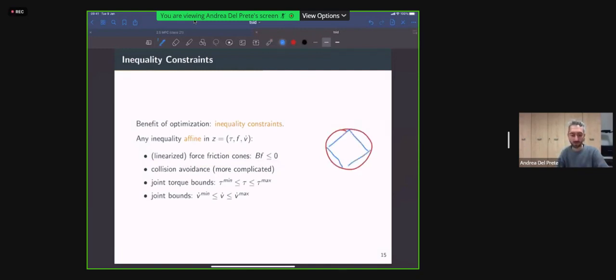And you can make it as precise as you want by introducing more shapes, so more boundaries for the pyramidal approximation. You can also introduce collision avoidance constraints, which are a bit more complicated. And of course, you can always use the simple constraints, such as the torque bounds or the joint velocity bounds that we described before.